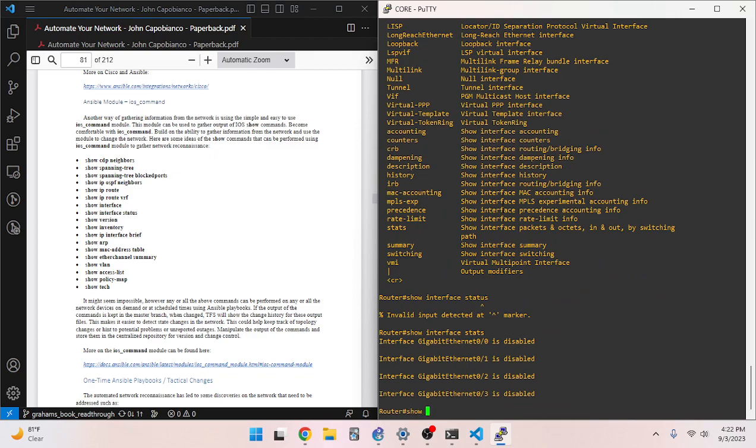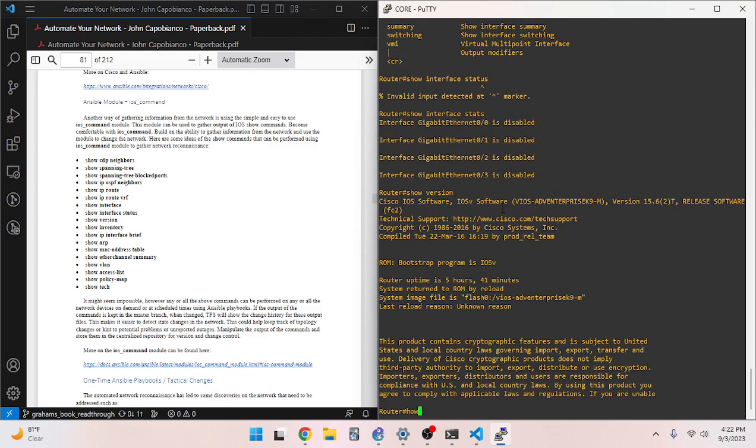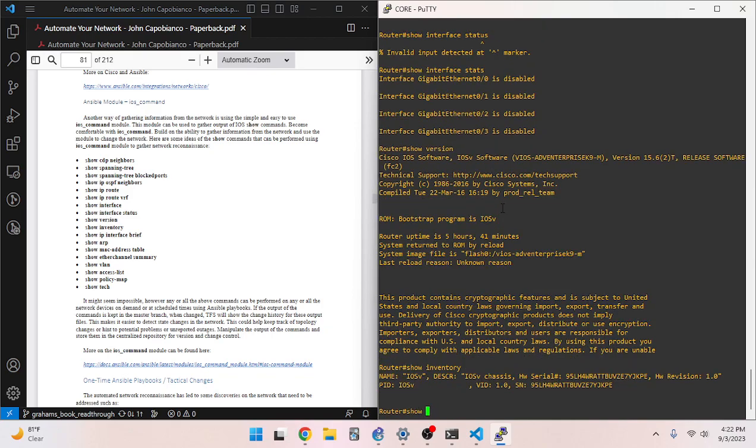All right, so next one is show version. Then we've got show inventory. All right, and then show. So this is a useful one. We've got the serial number, and as I mentioned, the serial number can be really valuable because if the host name's off or whatever, it's a unique identifier you can use to really be sure what device you're on, which is important. So then, especially if you're on virtualized software-defined devices,